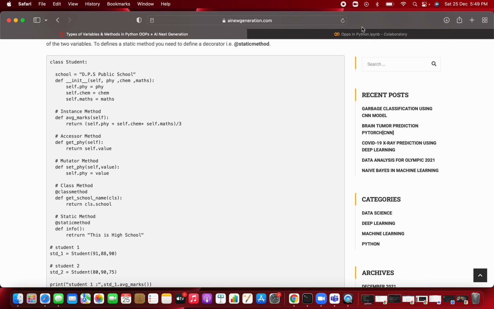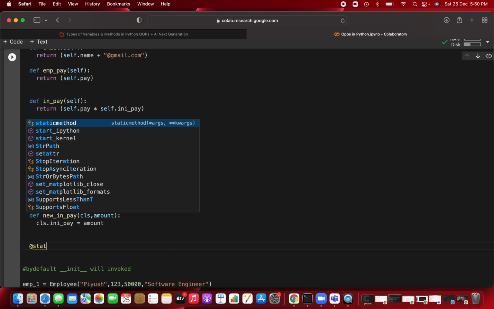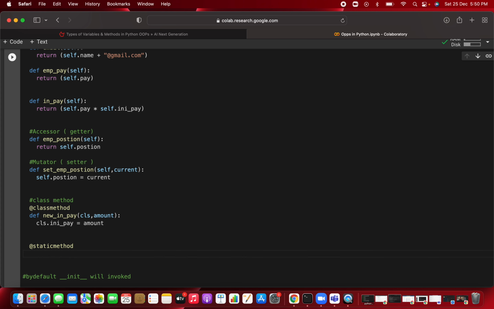You can take a real-world example also. If you are creating a class for time, and inside it you want to convert from minutes to seconds, you create one method for that. In that you can't expect to pass self or cls, because you are creating a method that you can use anywhere. Clear? For the static method also, you have to create a decorator, and a decorator means you are modifying the behavior of that particular method.